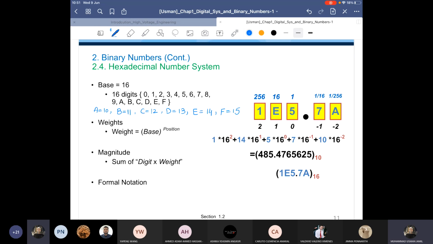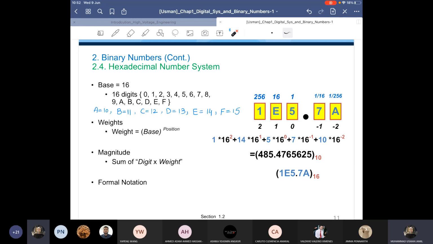Okay, so then again you can see now the base is 16, so we can't write the 16. When we say binary number, we have the numbers 0 and 1. When we say decimal number, we have a base 10, it means the maximum number is 9. So same when we have a hexa number, it means the base is 16. Base is 16, but the maximum number can come 15, and we represent 15 with F. So this is for